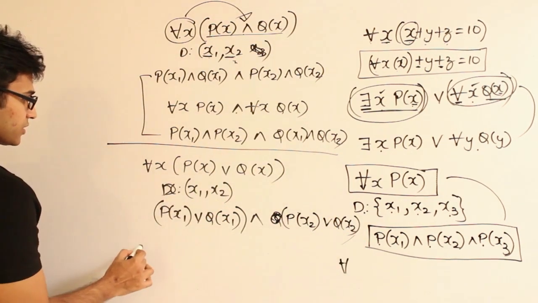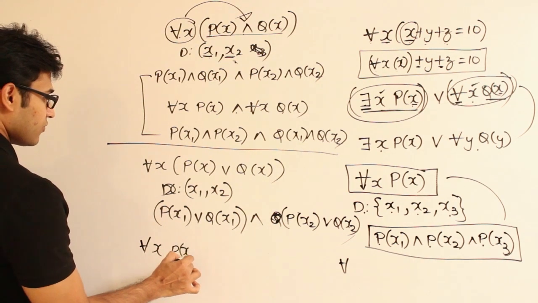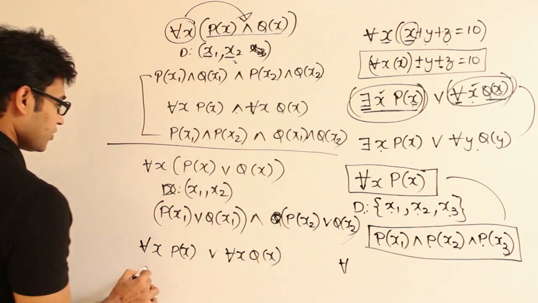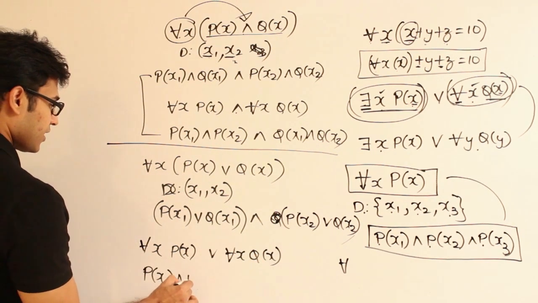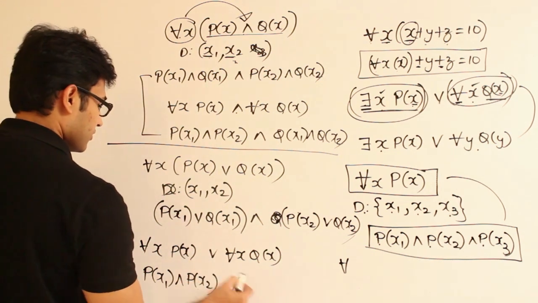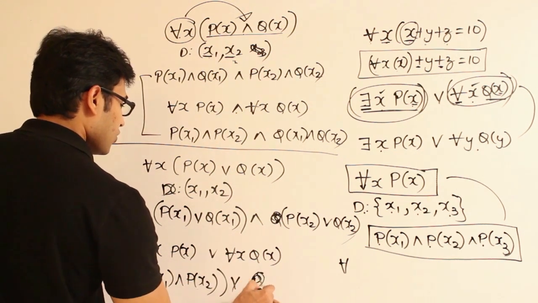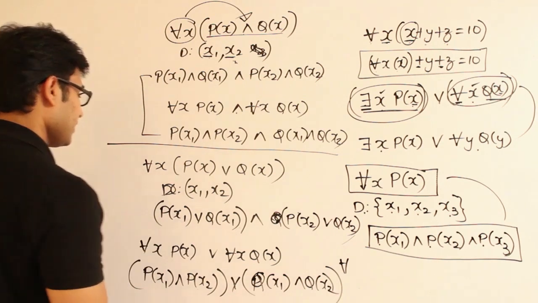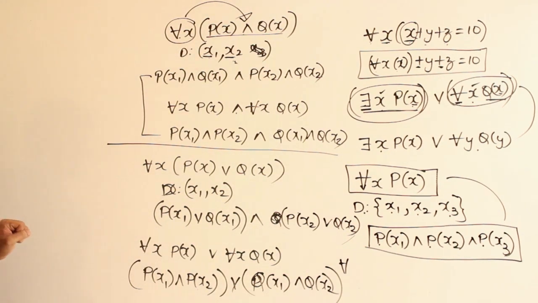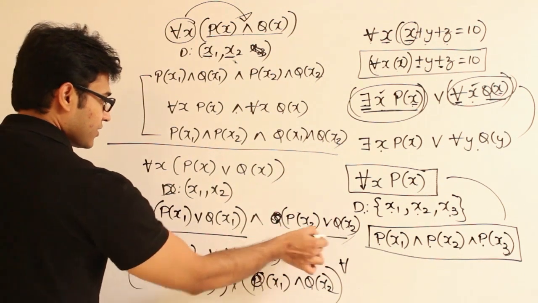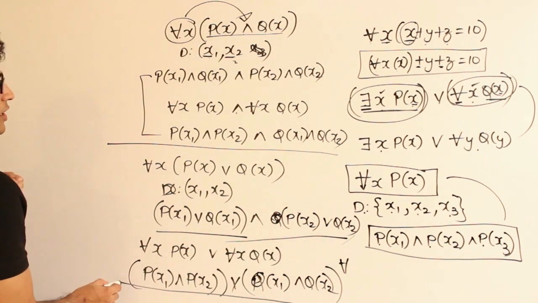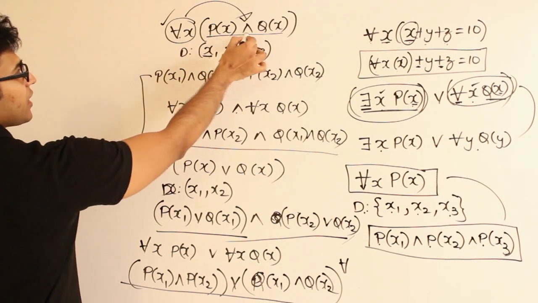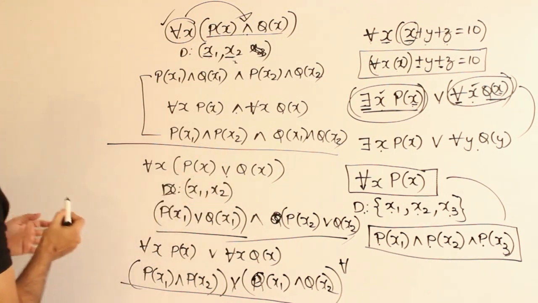Now if you try to distribute over this, for all x p of x or for all x q of x, then here you are going to get p of x1 and p of x2, or q of x1 and q of x2, right? So now these two are actually different, isn't it? This will have a different meaning and this will have a different meaning. Therefore whenever you see for all, you can distribute over conjunction only, you cannot distribute over